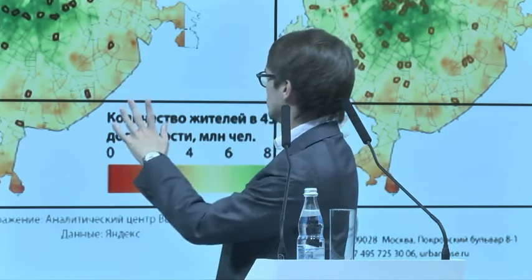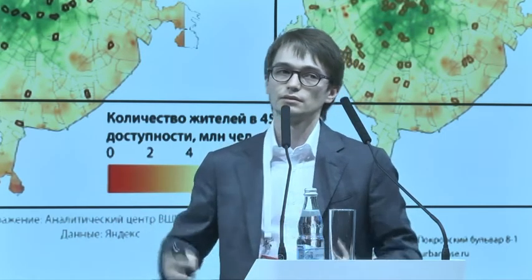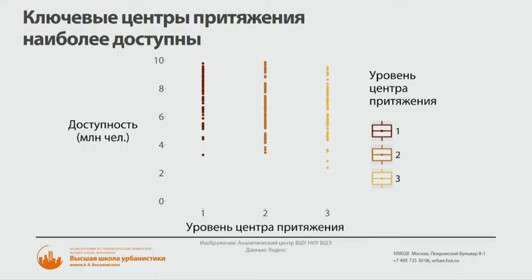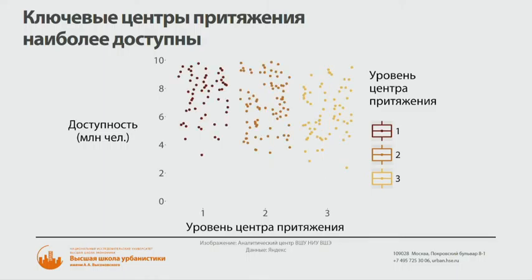It's an accessibility map. On the left side, you see the first level centers. They're closer to the historic center of the city, but not necessarily located there. And you see second level centers, which are located a little bit far from the city center,